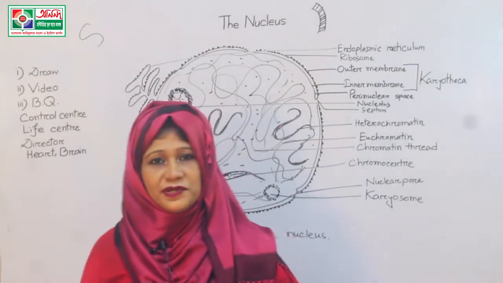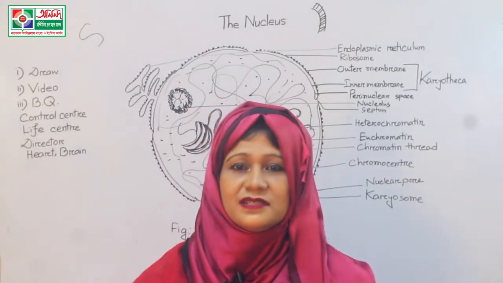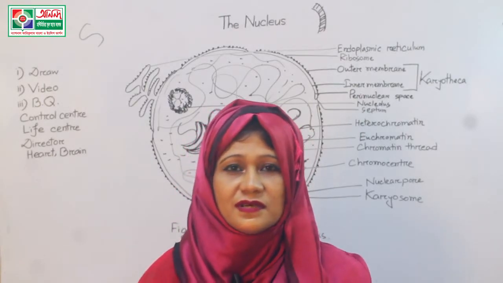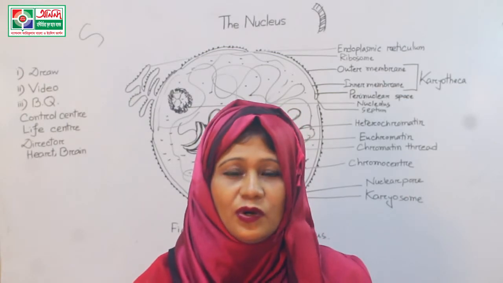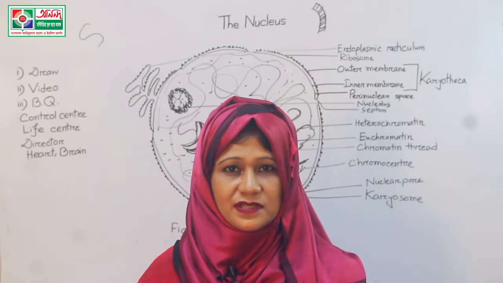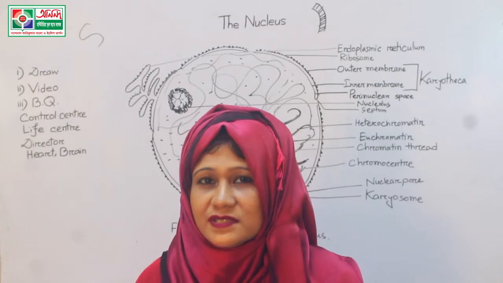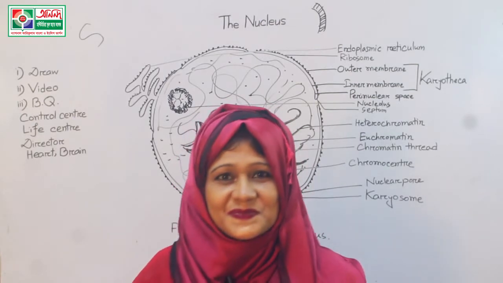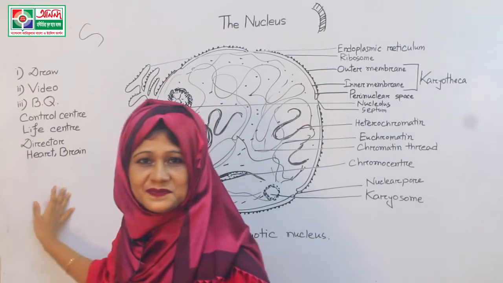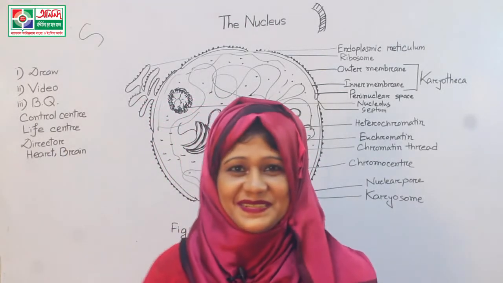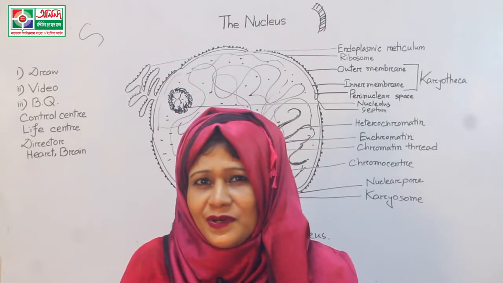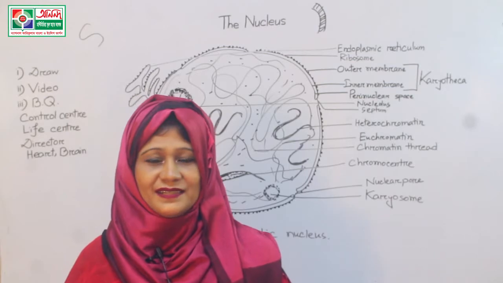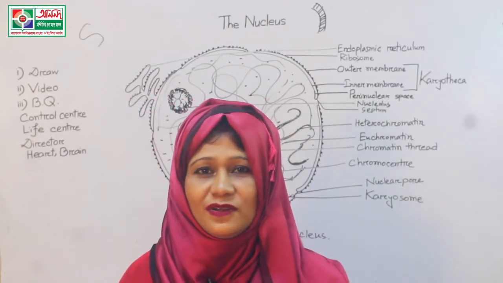And last of all, you can write that from this discussion it is clear that the nucleus controls or regulates all the vital activities or metabolic activities of the cell. So this was about the broad question on the nucleus. Okay, students, I think all the problems regarding the nucleus are solved, and it is crystal clear to all of you.